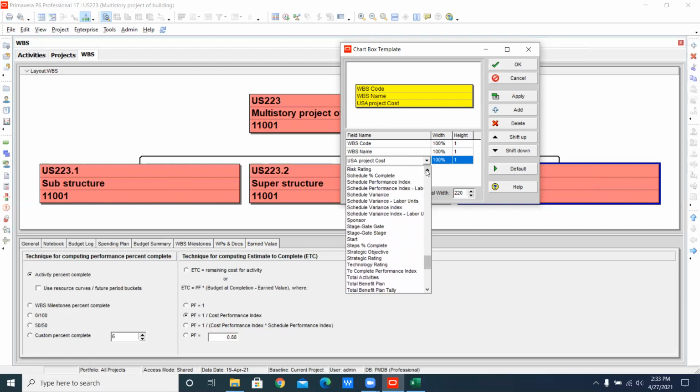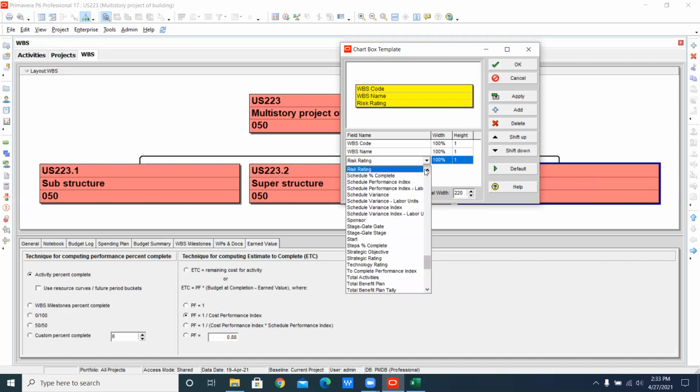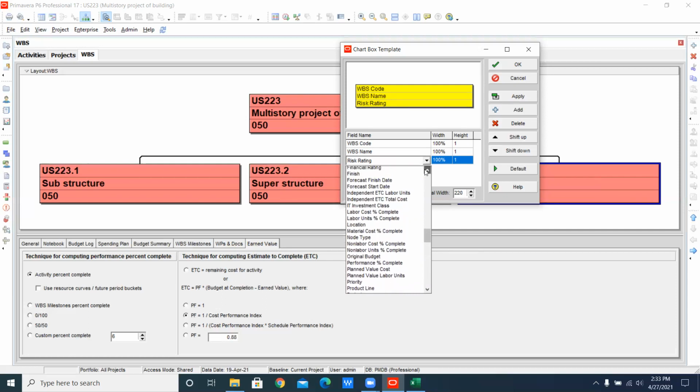Now, anything you want to show in Primavera P6, like risk rating, apply here, then I show you that in this project there is a 50% risk. Who will inform that? Any project manager, or we can say that the project manager can inform about the risk. All the stakeholders, or any person, can be informed about the risk. It can also be a resource. Must remember that a risk is either an opportunity or an issue. We can say that when the risk is 100%, then it causes an issue.